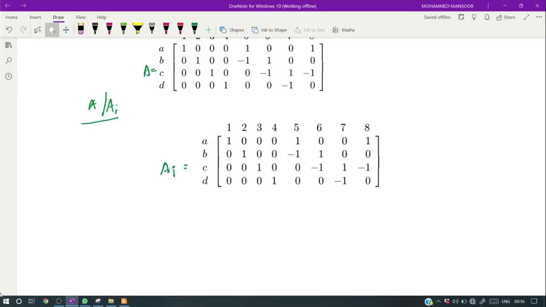In this case, let's mark our notation corresponding to node. We can mark, say, this is first node, second node, third node and fourth node. And there should be one reference node, let it be node 5. That entry corresponding to the fifth row, we need to find out. So it should be minus 1 based on that property. Here also minus 1, here also minus 1, here also minus 1. And this is already 0, 0, 0, 0. So this is a complete incidence matrix.